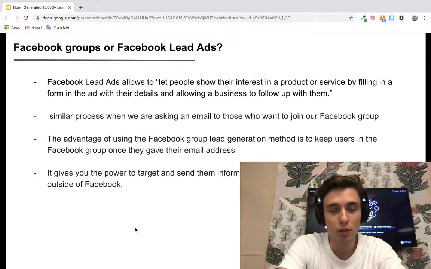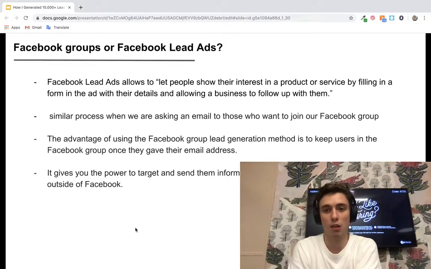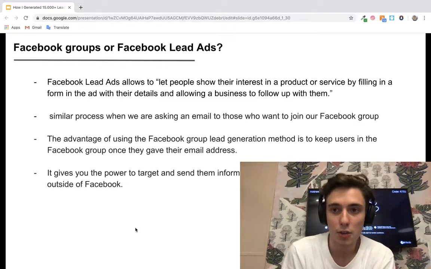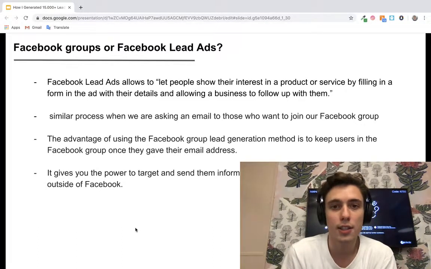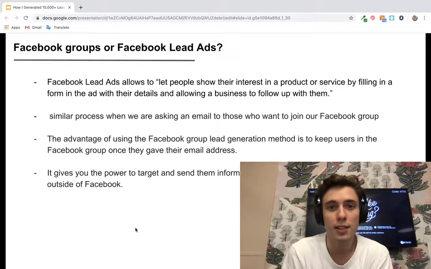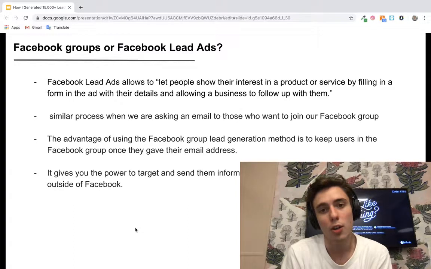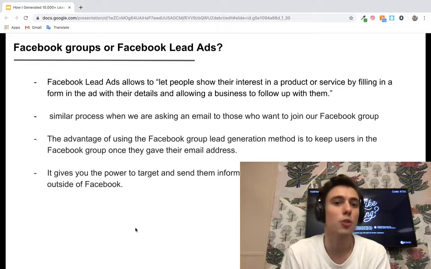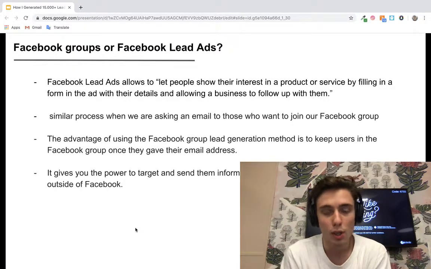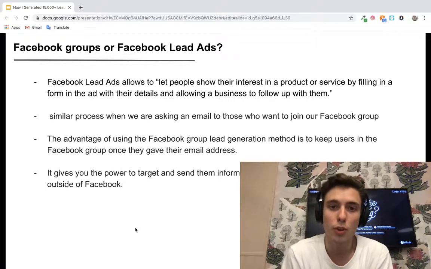So it's a good strategy. I use it many times because you can connect Facebook lead ads to a CRM, and when you collect some information about people, you will directly build a list in your email marketing tool, and then you can start to nurture them with an emailing sequence.